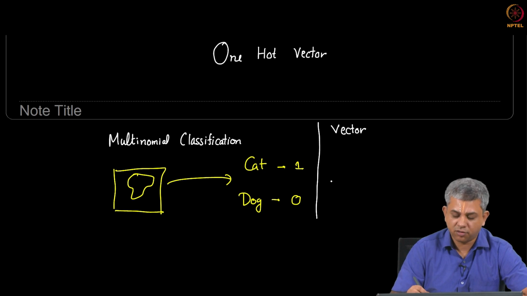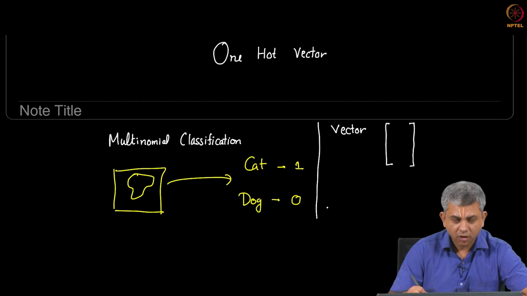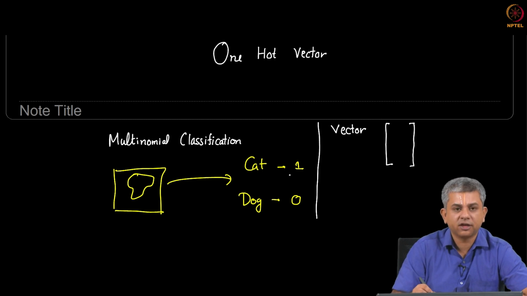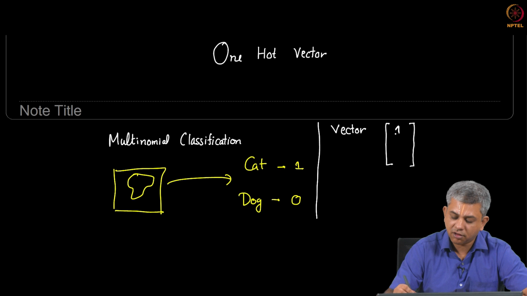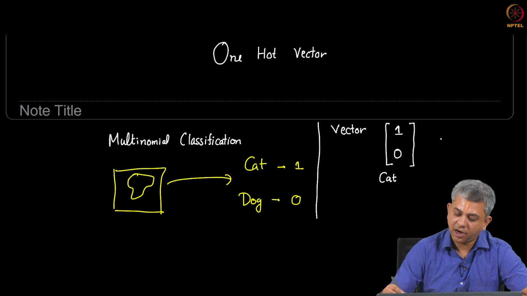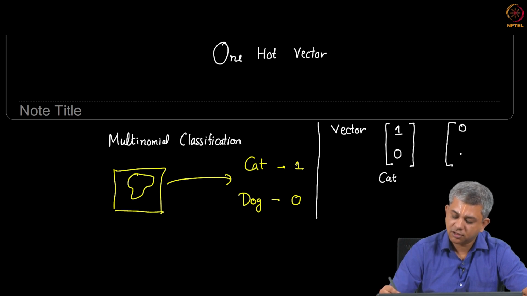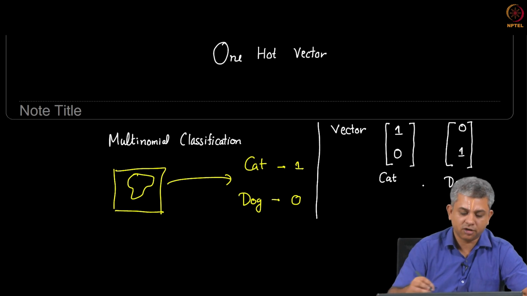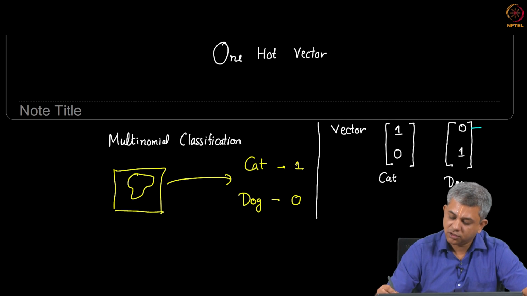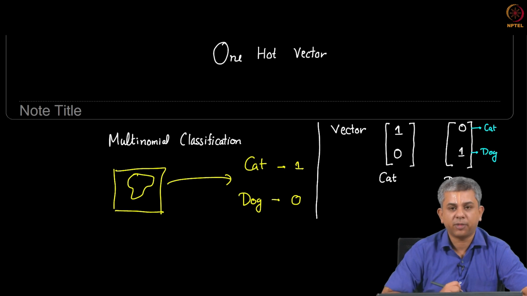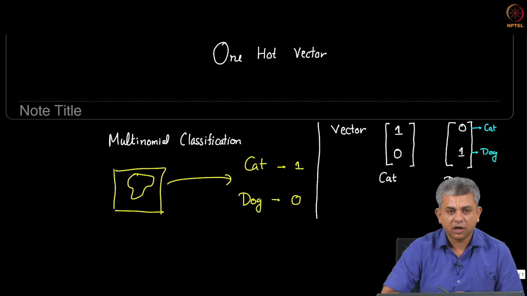Now, in order to generalize for the multiple class cases, we are going to represent our output instead as a vector. So, the vector is going to have two elements. In the ideal case, instead of calling cat simply 1, I would call it 1 0. This would represent cat and I could call dog as 0 1. This would represent a dog. Essentially the first element represents the cat, the second element represents a dog. Now, how does this help?